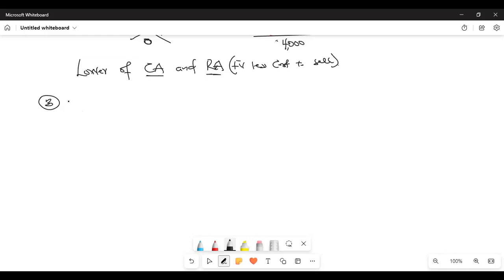So if an asset is measured using the fair value model or the revaluation model, and it is now to be reclassified as NCA held for sale,